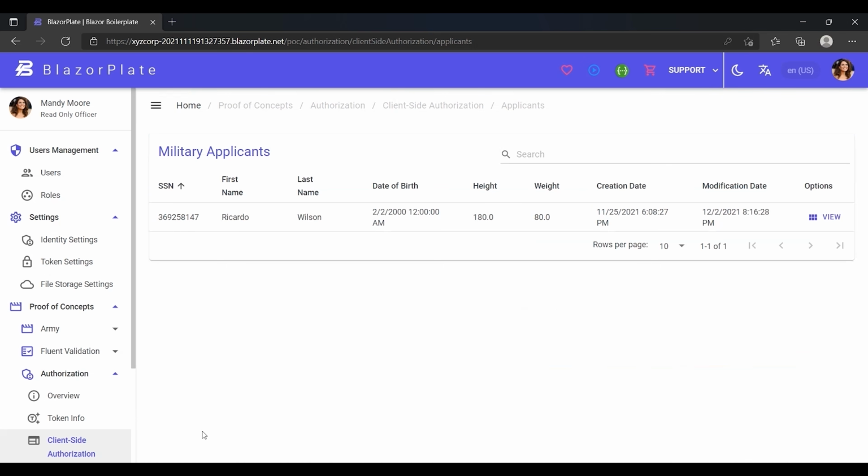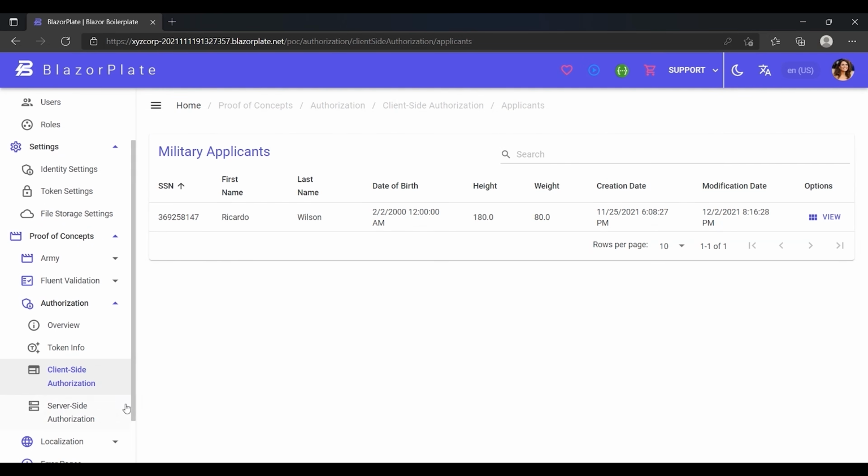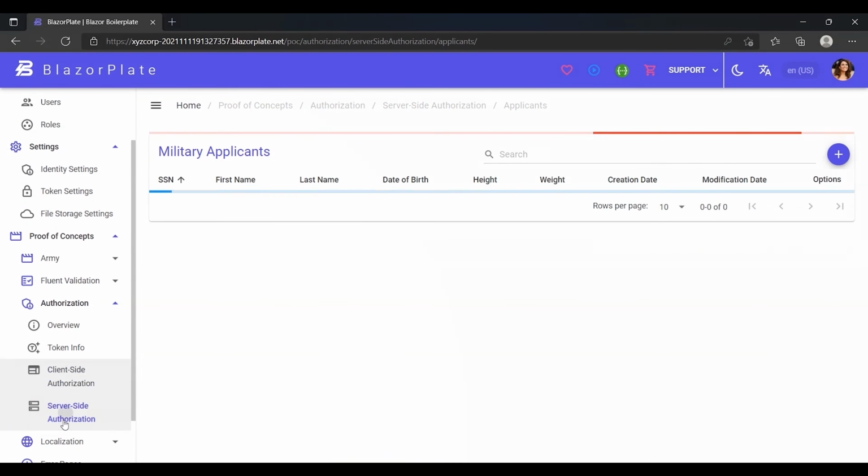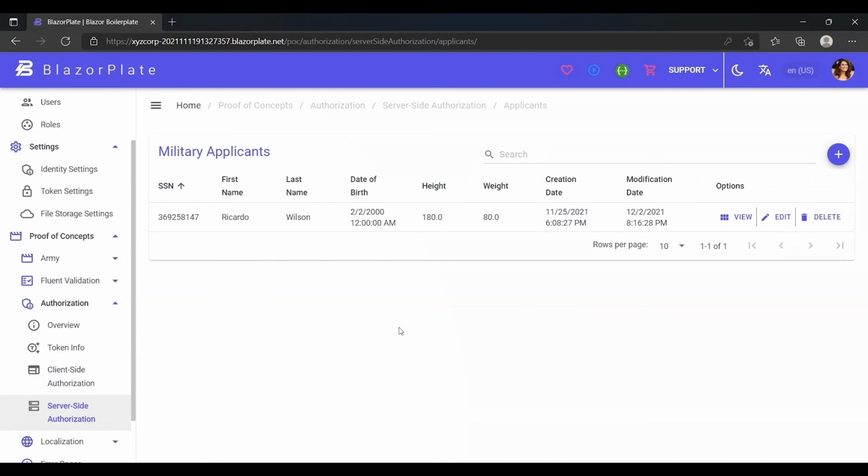As we can deduce from the name of this technique, server-side authorization takes place on the server side, where every single request that comes from the client's applications is validated dynamically against the API's endpoints using the dynamic authorization method. I will explore this innovative method later in this series. Now let's examine the server-side authorization technique using the server-side authorization example, which can be found in the Proof of Concept section. I'm going to use this example to evaluate Mandy Moore's permissions by sending some requests to the applicant's